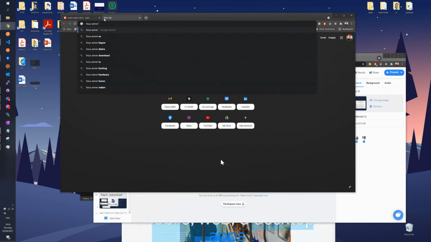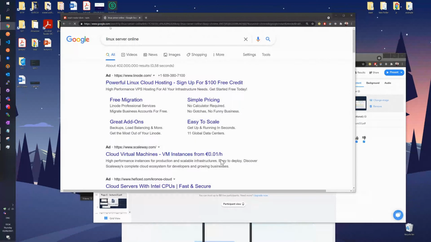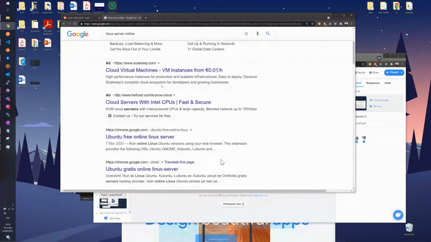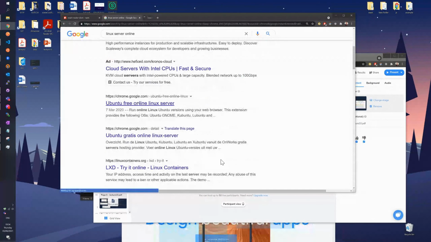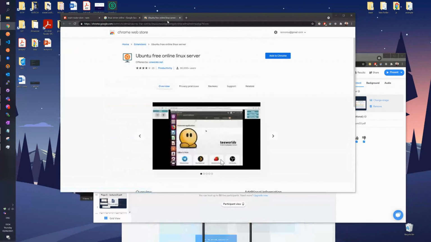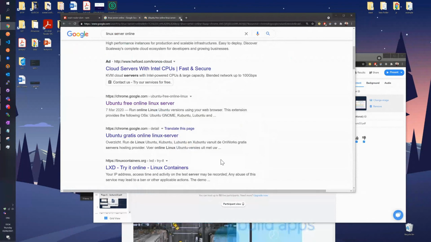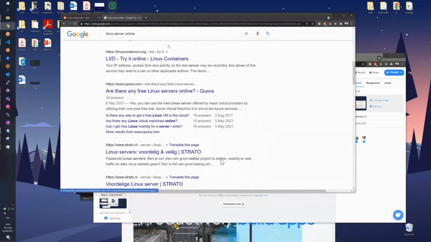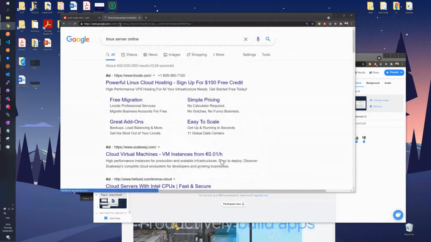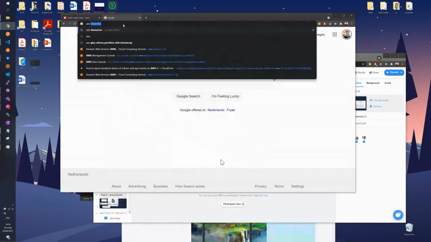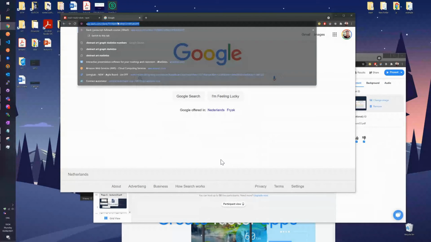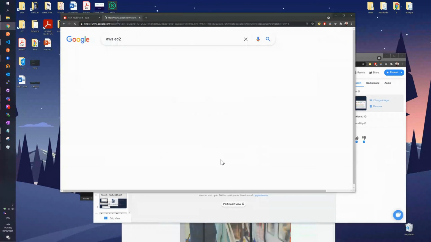There are so many servers, like the Ubuntu free online server, for example. Okay, let's start with the professional stuff. For example, in Amazon Web Services, you have something called EC2s.